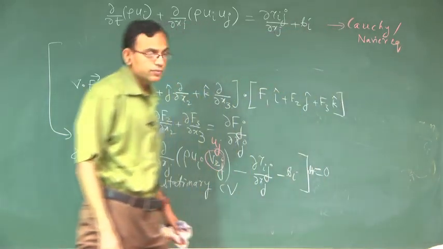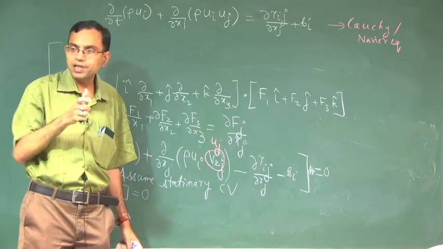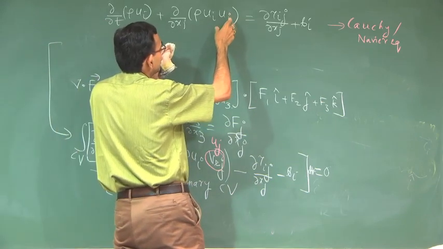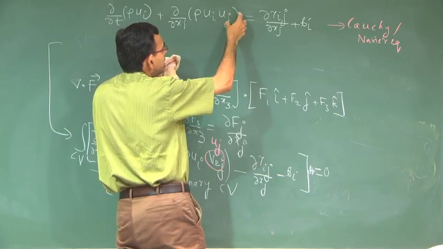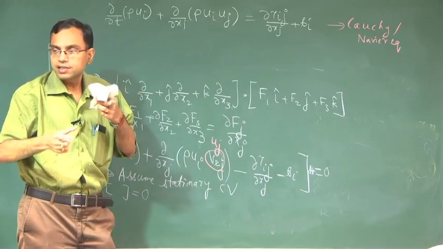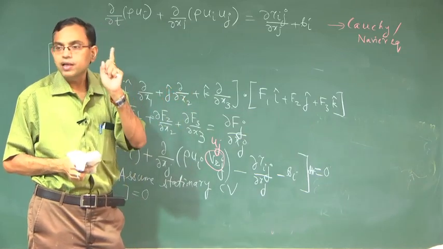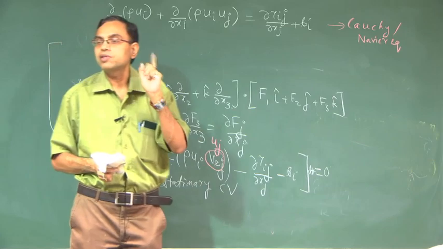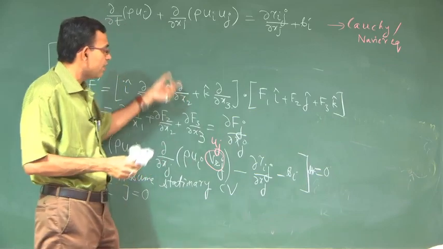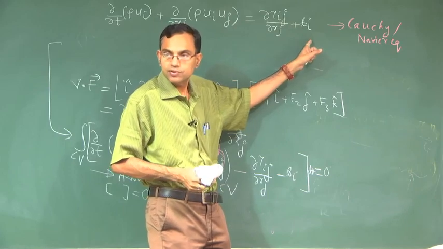What are the assumptions? See, these stationary and non-deformable control volume assumptions can be relaxed by noting that if it was a deformable, moving control volume, there could be an additional term which could be dumped in the body force term. So, with all the additional effects eventually dumpable in the body force term, this has only one important assumption, that is tau ij equal to tau ji, that is there is no body couple. Other than that, there is no serious assumption, because the deformability or acceleration of the control volume can be taken care of through additional body force.